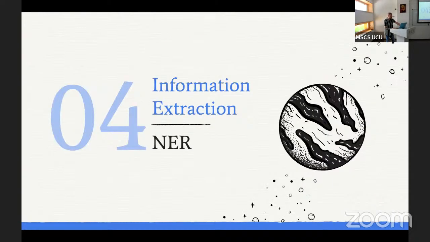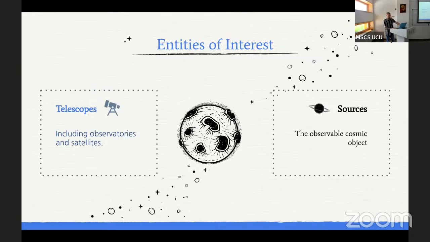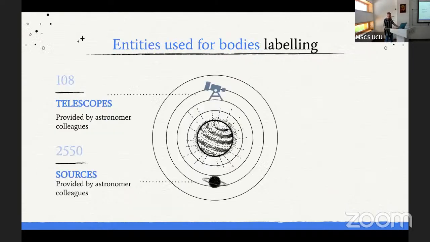The first step in the information extraction was to create a named entity recognition model. Interacting with our astronomical colleagues, they pointed out that the most significant entities that we can find are telescopes and sources, without any division into planets or galaxies. The source is an object we observe, and the telescope is the tool we observe this object with.